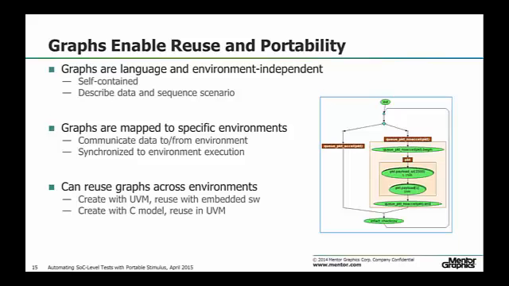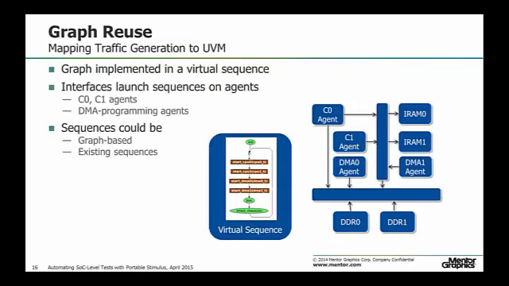You can start by creating a block-level graph that drives some transactions on an interface, and then call it from a higher level graph, which is also generating calls to embedded software functions to process those transactions. You can create a graph to drive a high-level C behavioral model, and then reuse the same graph to drive a UVM test bench. So in our SoC example,